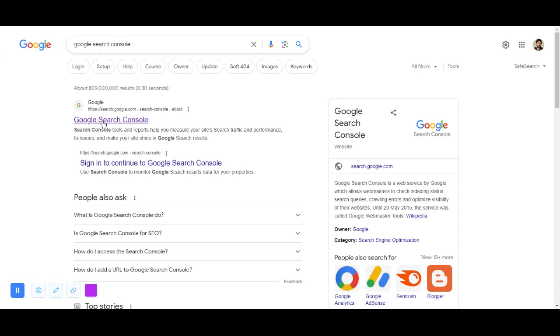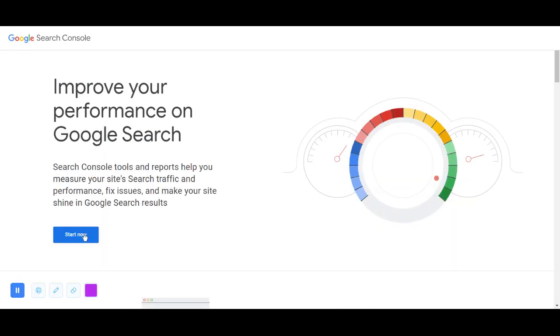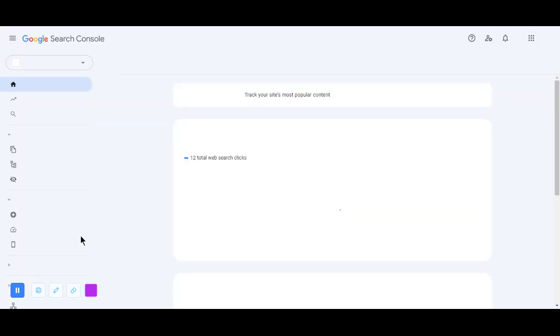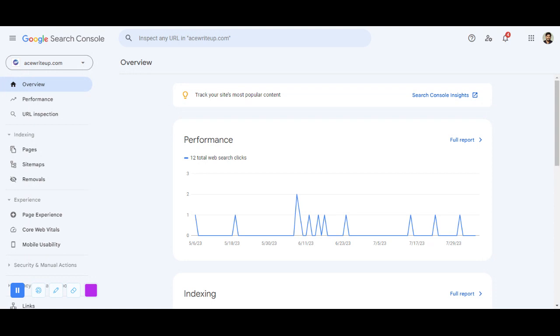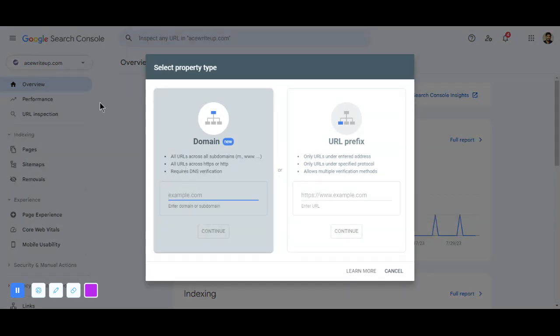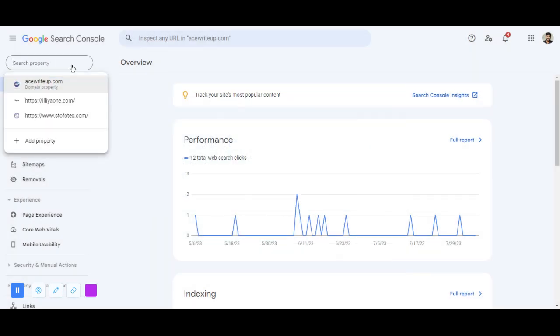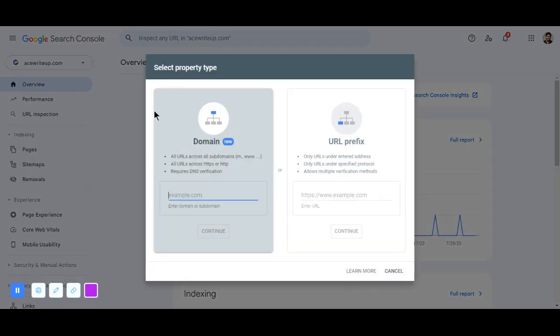Search for the Google Search Console. Click this first link, search.google.com. Then click on Start Now. And here I'm just going to submit a test domain. So click on that, add property. All right. So for example, I'm going to add,